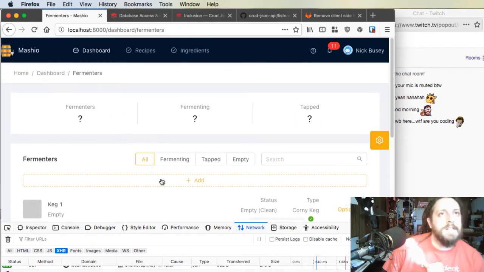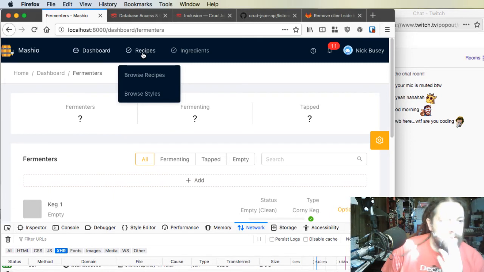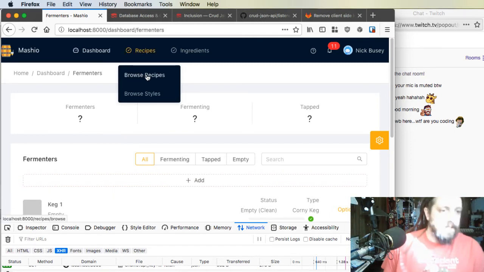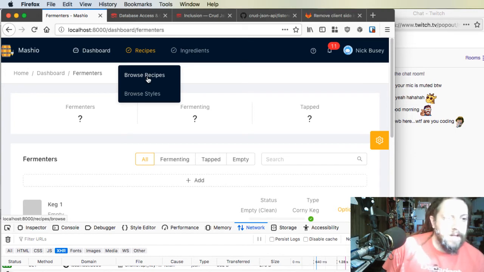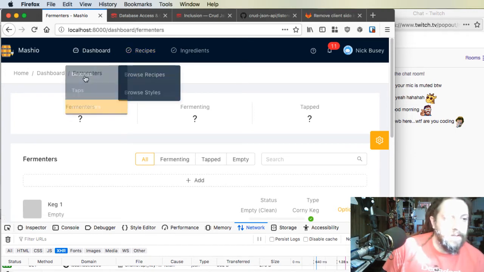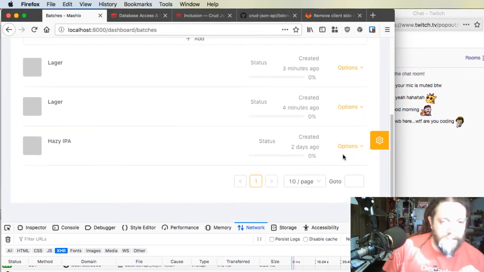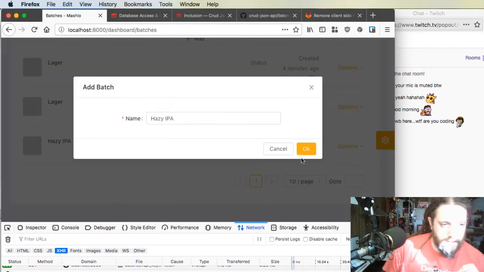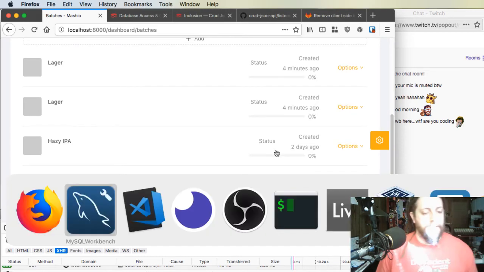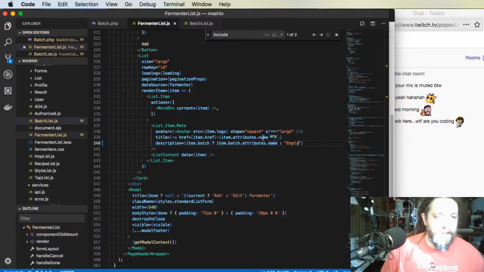Well, what was the last thing I said I was going to do? Okay, yeah. We want to be able to select recipe per batch, but before we do that, I'm going to go ahead and make it so we can set batch size right in here. I'm not sure we can do that. Let's see. No, we can't. So we're going to add a batch size edit field